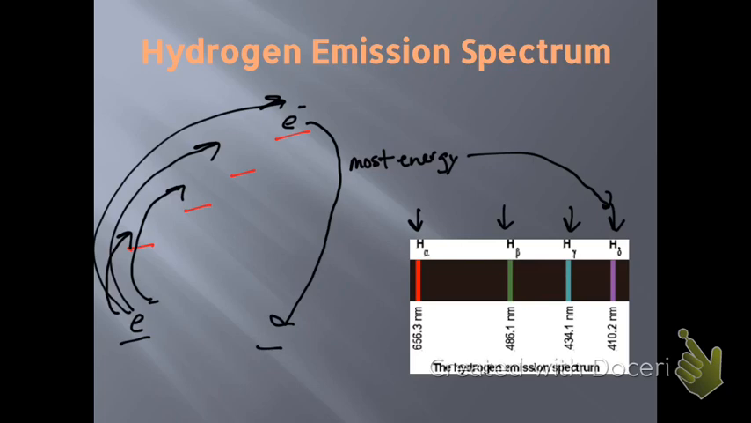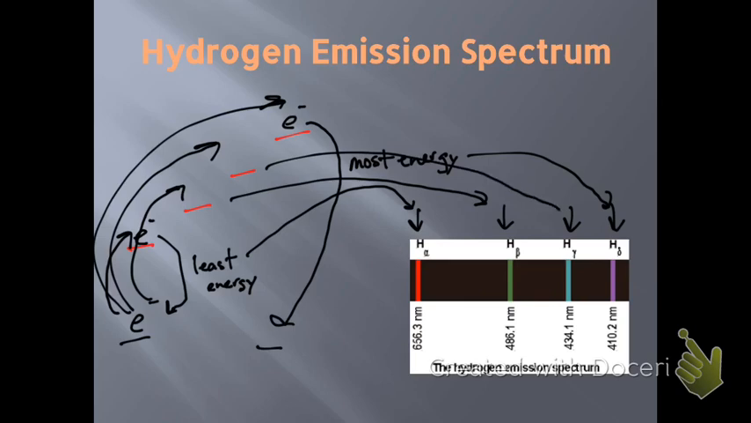And so, what about this one that just goes here and then it returns back? Well, this is the shortest jump, so this is the least amount of energy, right? Least amount of energy means longer wavelength, lower frequency, and so it'll be right there, right? And so you can see, but what I want you to get from this is,